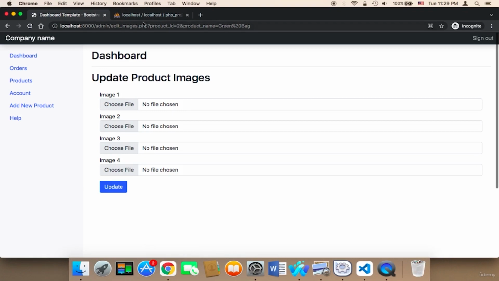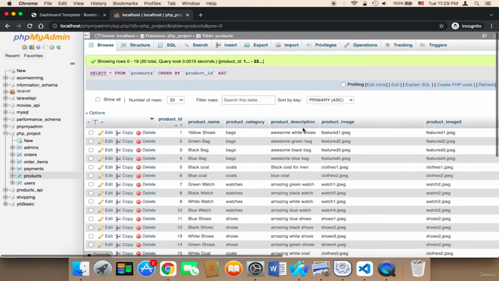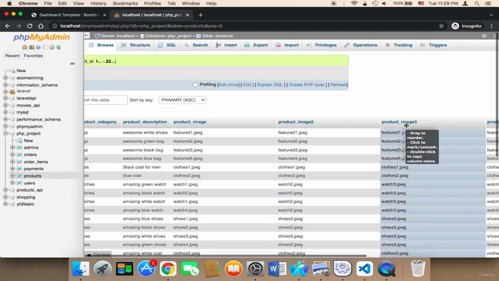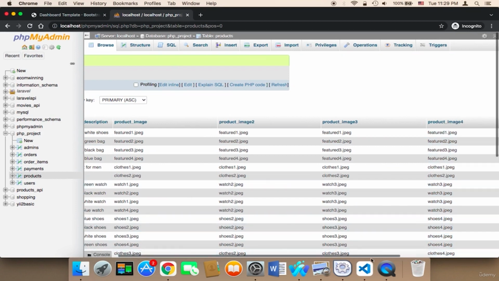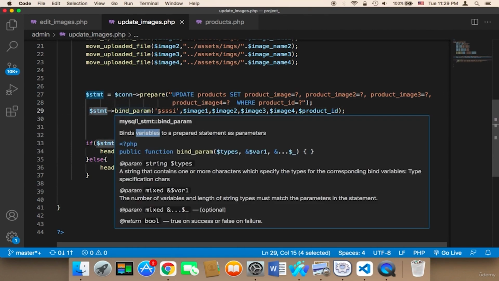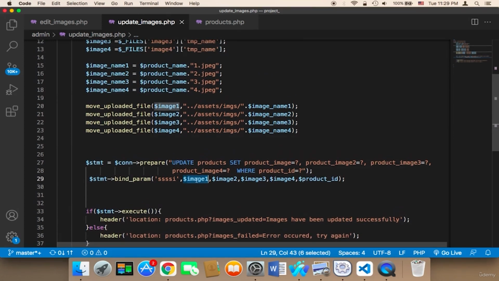And again, the columns are product_image, and then product_image2, product_image3, and product_image4. That's why I'm saying here product_image, and then product_image2, product_image3, product_image4, of course with underscores in between. Lastly, I said stmt bind_param SSSSI because I passed here the image